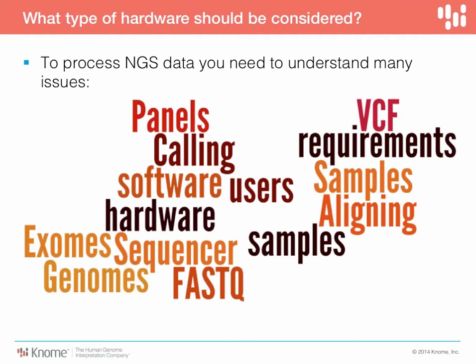There are additional questions too on the software. How many users will be accessing your system? How many samples a month, for example? And so these all in total add up to a series of needed answers that you have to get before you can really start to define the hardware that you need. Of course, here at GNOME, we have thought about this a lot, and there are 5 elements that we feel are really important for NGS informatics, and that's shown on the next slide.